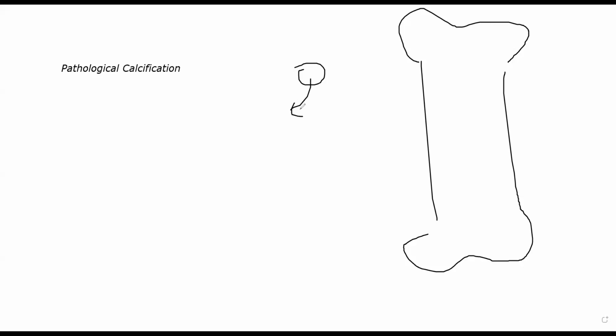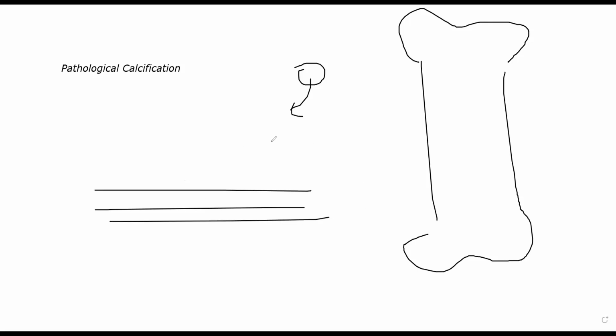So places like your muscles, soft tissue, smooth muscles, वहां पर जाके deposit होने लगे, then it is called pathological calcification. Because that is not normal. Even in your blood vessel, as I just told you, in case of atherosclerosis, let's suppose these are the three layers of your blood vessel, intima, media, and externa. Eventually, as damage increases, there will be deposition of calcium here. That is also one of the reasons why it will get sclerosed. It will get hardened because यहाँ पर calcium का deposition होने लगा.